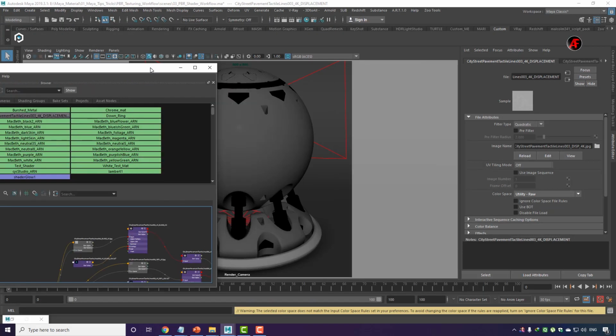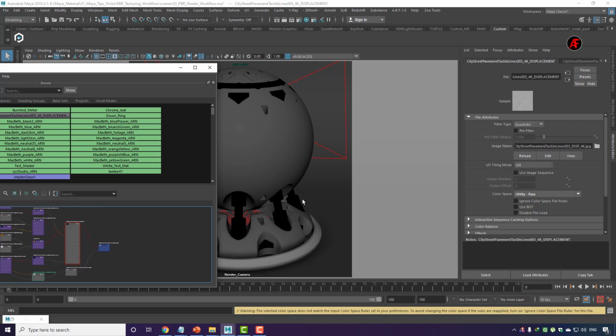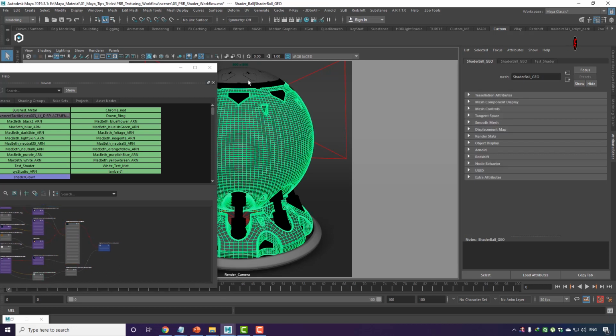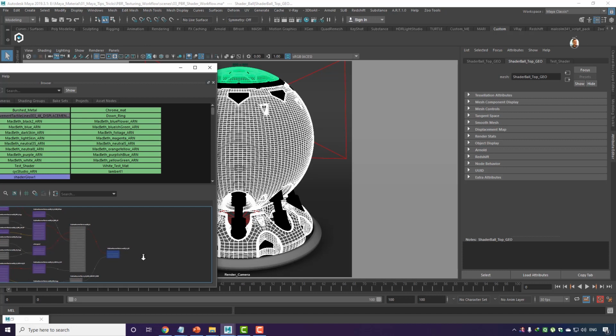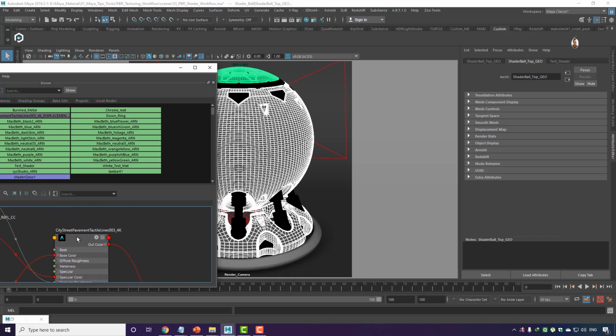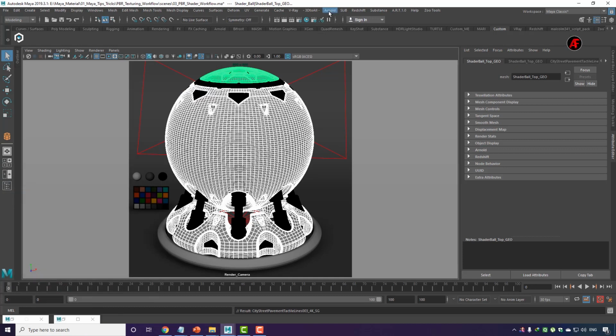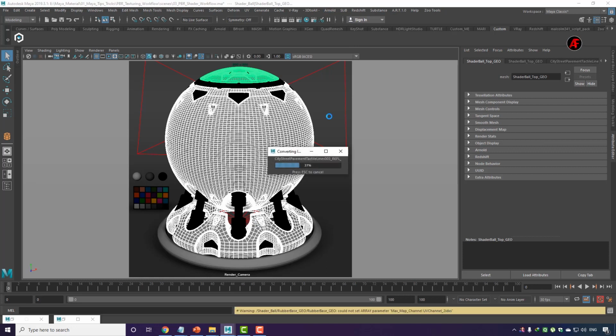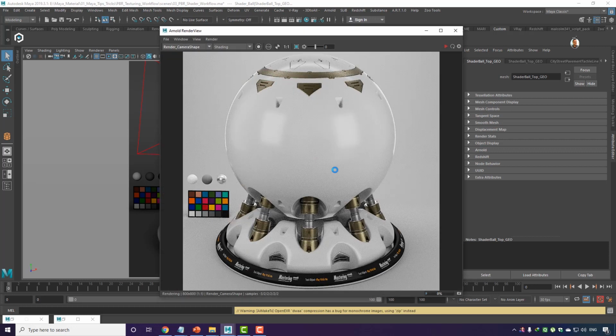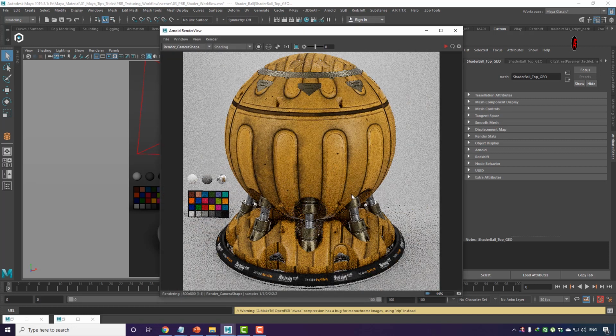Now what I'm going to do is assign them. So let me select this, and I'm holding the shift key to select that, and just right click and say assign material viewport to selection. Okay, and hit render, and wait for some time, because all those 4K textures are going to be converted into TX by Arnold. Alright, so now you can see that the texture has been converted, and this is too big in size.